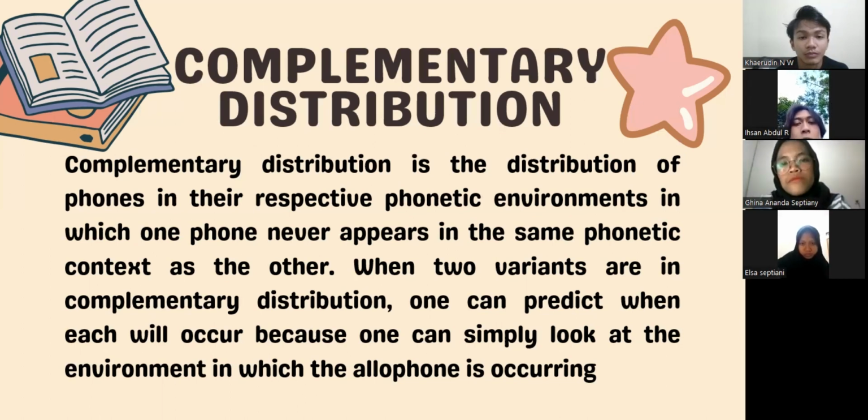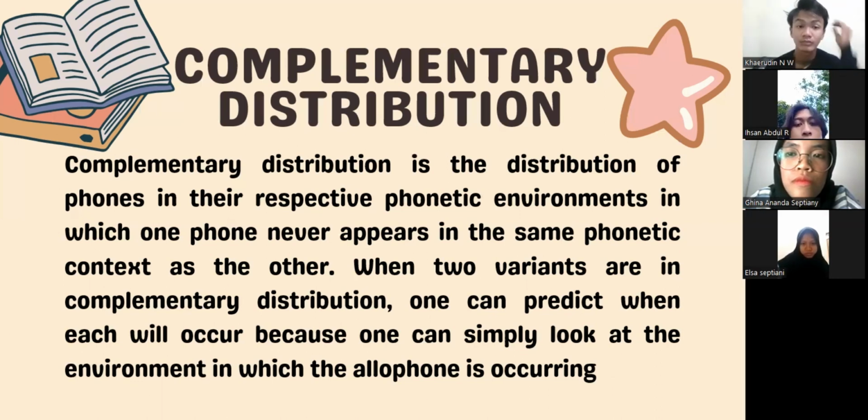Also, complementary distribution is commonly applied to phonology, in which similar phones in complementary distribution are usually allophones of the same phoneme. For instance, in English, aspirated P and unaspirated P are allophones of the phoneme P because they occur in complementary